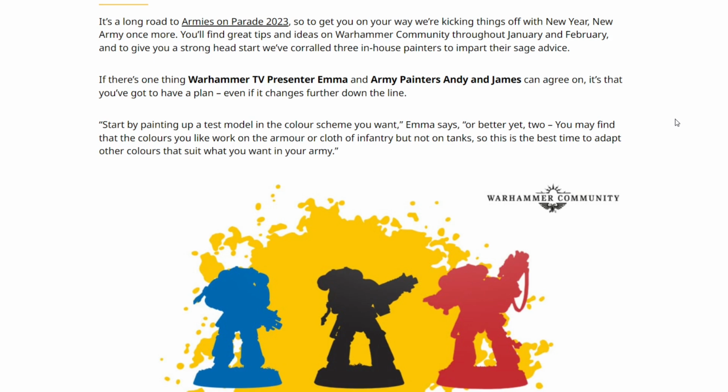And honestly, this statement from Emma doesn't really make any sense at all. So you're going to paint up a test model and you're going to find out that the colors you like work on the armor or cloth of infantry, but not on tanks. So now you're painting 2 test models and one is an infantryman and the other one's a tank. To discover this, it doesn't really make sense. So let's go ahead and scratch what Emma said here and just say the best thing to do is a